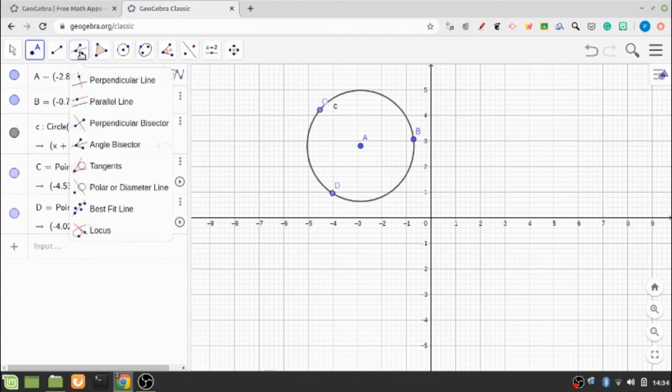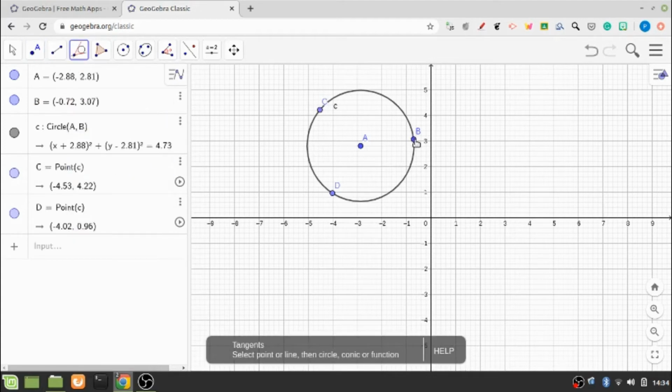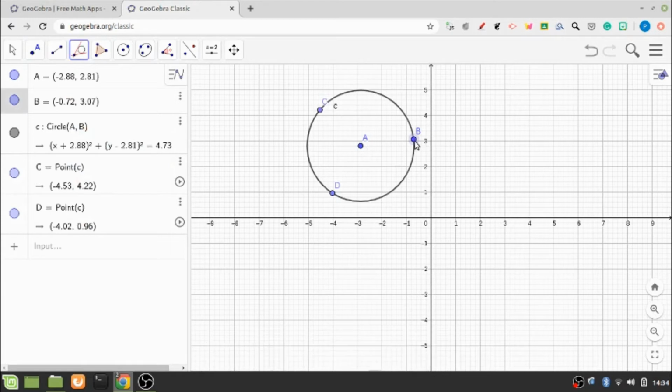And now if I click on this tangent line and I choose any of the points which is on the circle, and I click just outside the point, then you see that one tangent line has been created, which has been named as F for this particular point B on this circle.